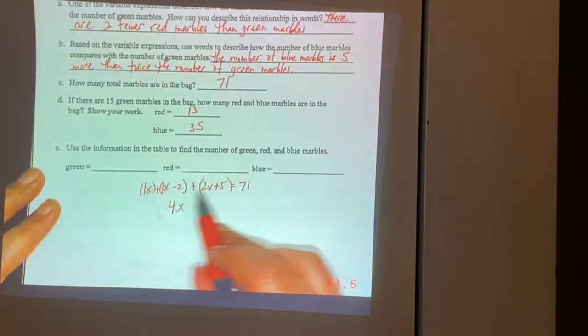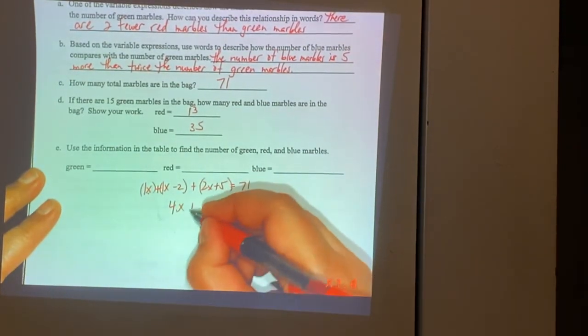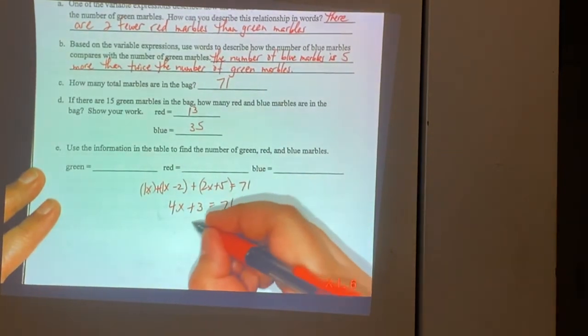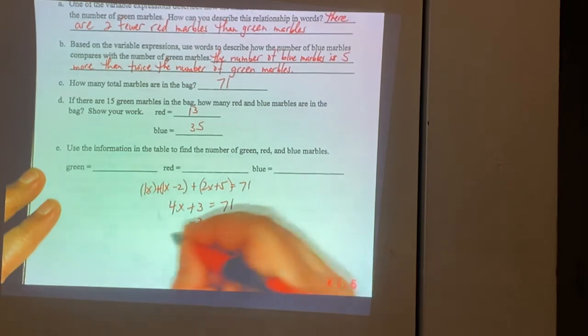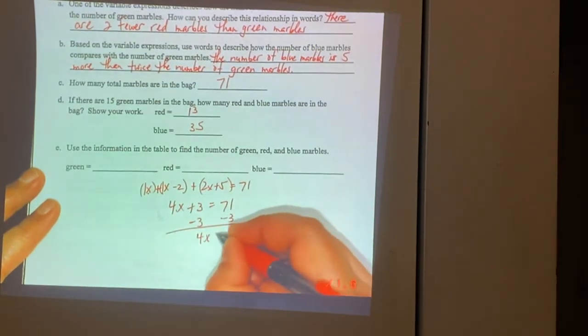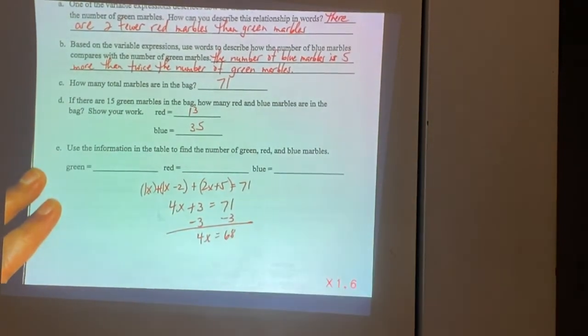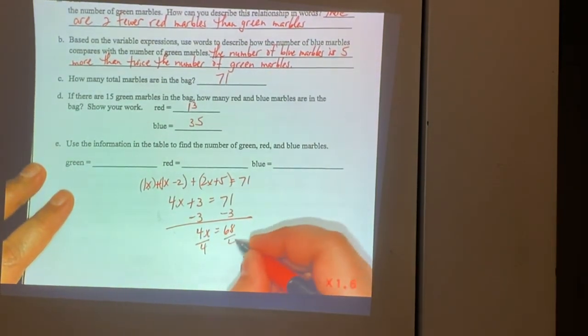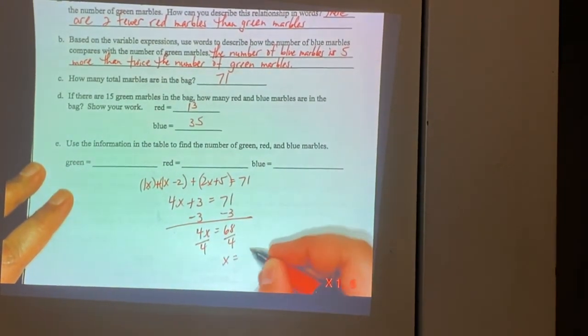What's negative 2 and a positive 5? Plus 3 equals 71. So then the opposite of adding 3 is subtracting 3 to both sides. 4x equals 68. Then we're going to divide by 4 because that's the opposite. X equals